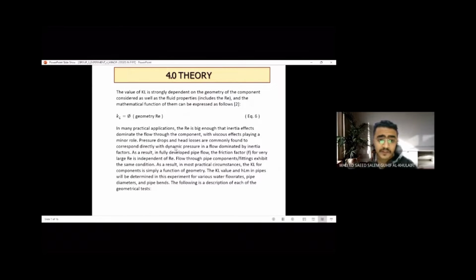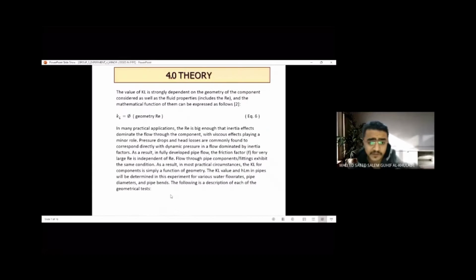In many practical applications, the RE is big enough that inertia effects dominate the flow through the components, with viscous effects not playing a major role. Moreover, the pressure drop and head loss are commonly found corresponding directly with the dynamic pressure in a flow domain